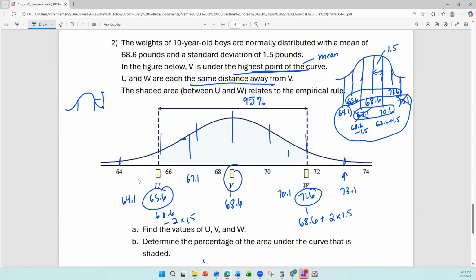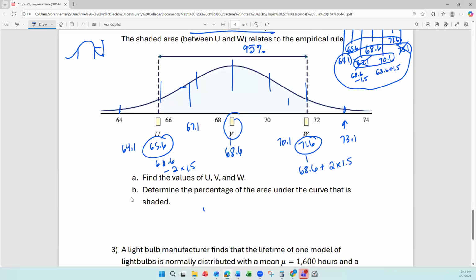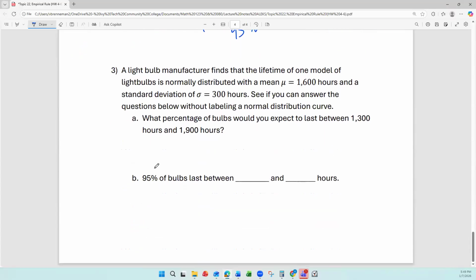So either way, if you recognize the shaded area and what percentage that should go with, or if you use the given labels to help line up how many times you need to add and subtract the mean to get that U and W value. So that's 5%. All right, and then number 3,